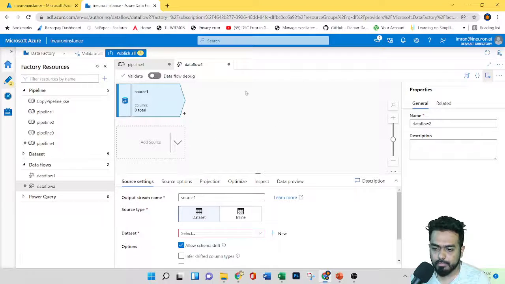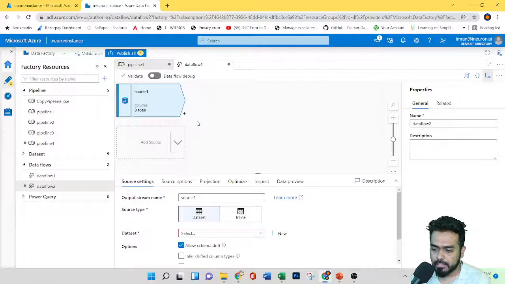After joining, we'll perform the transformation. We'll join both the tables using the join operation, and then we'll save the result. We'll create one more storage, sorry, it's Azure, so a storage container, and we'll store the result in the container after joining these two tables. First we'll complete these steps, then we'll create one more storage account where we can store the result.